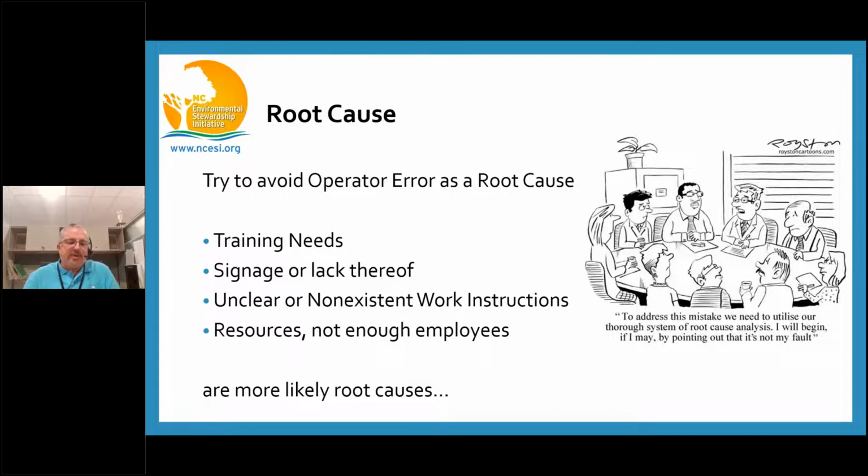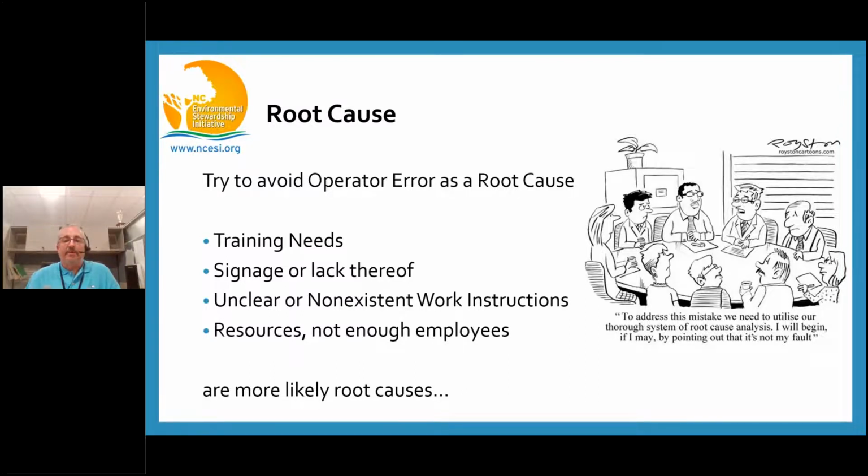So it states here, try to avoid operator error as a root cause. And that can be a bit touchy. And why? Well, sometimes it just is, but many times, operator error can also imply that the operator is willfully or in neglect doing things wrong, when it is very possible that they just don't know the correct or expected way, meaning lack of experience, unsatisfactory training. So there you try to shore up training needs, perhaps signage, or there's a lack thereof, unclear or non-existent work instructions,